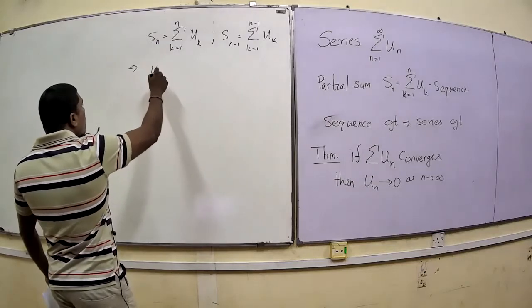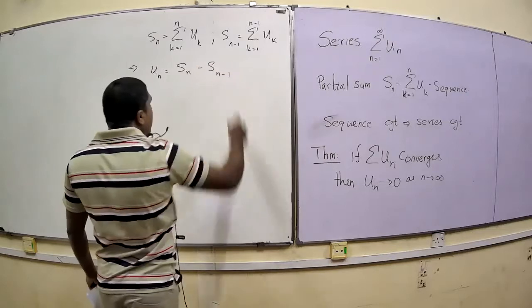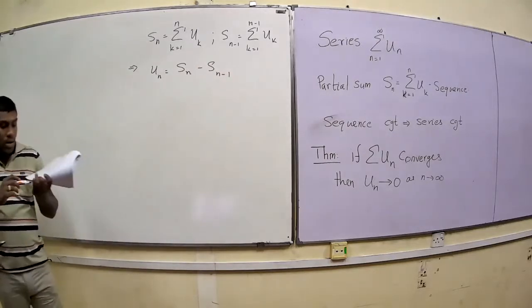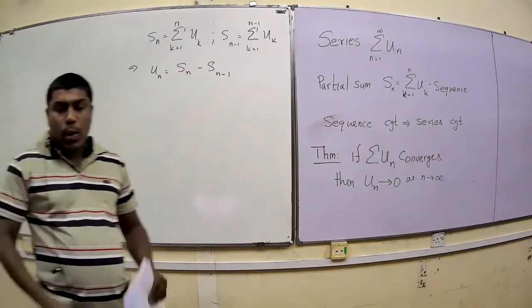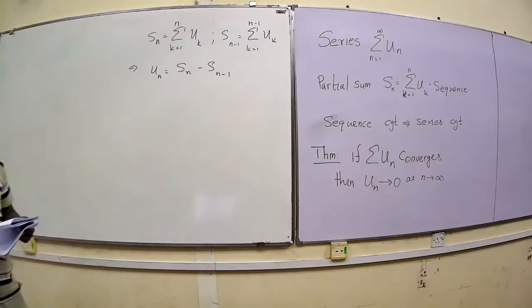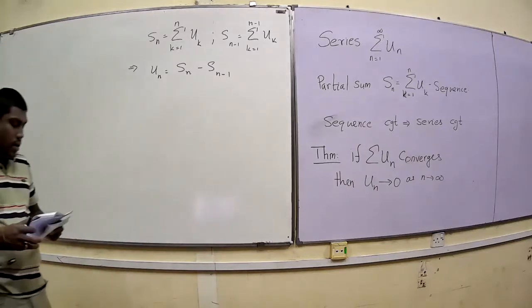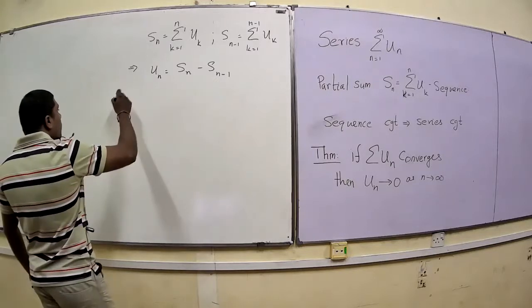So from this, un is Sn minus S(n-1). So you have a formula for un in terms of the sequence. So then clearly you know,